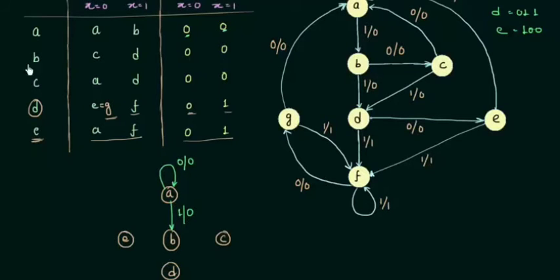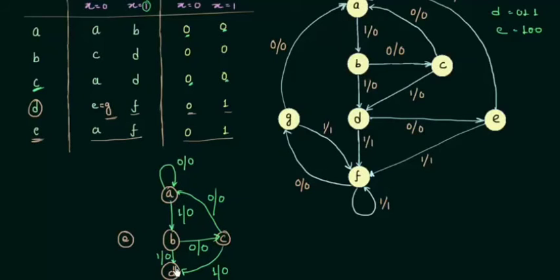Now let's see, when I'm on B, what are the transitions? When input is 0, I will go on C. So 0, 0. And when input is 1, I will go on D. So 1, 0. Now let's see, when I'm on C, what I have. The input is 0. I will be on A. So I will be on A with 0 input and output is also 0. Now when input is 1, I will go on D like this. And the input is 1, output is 0.